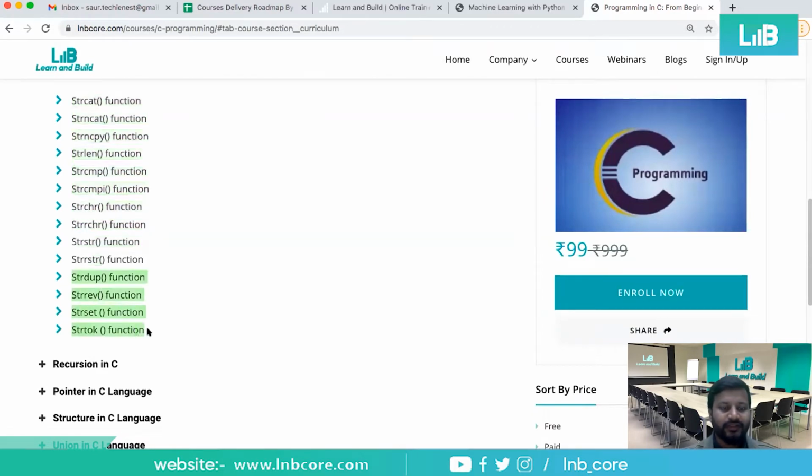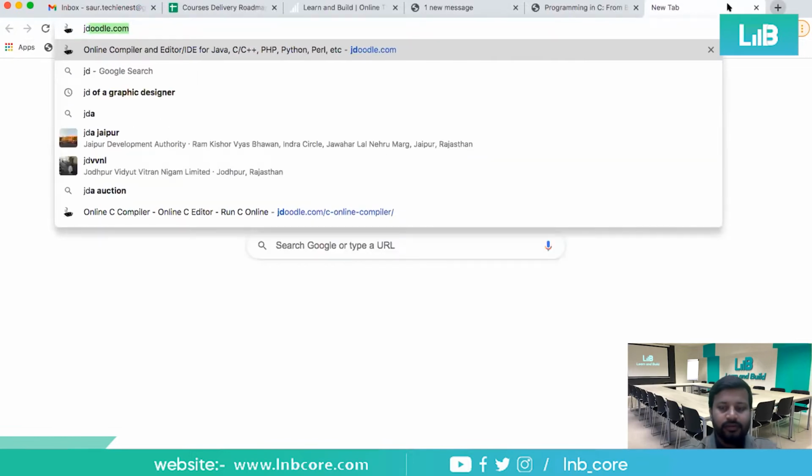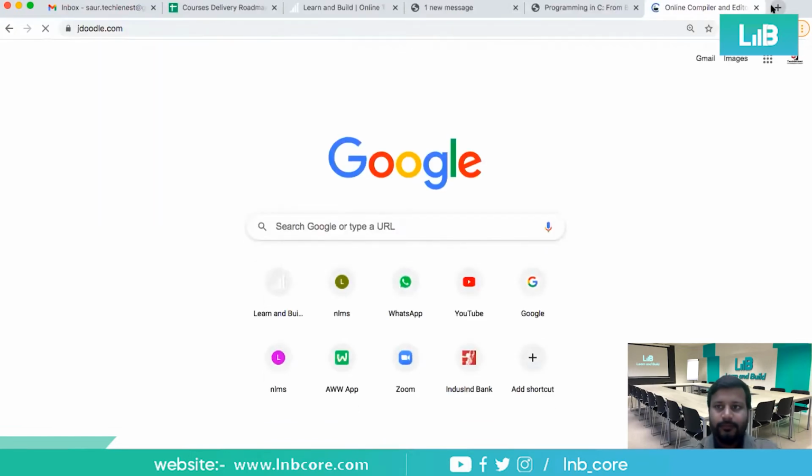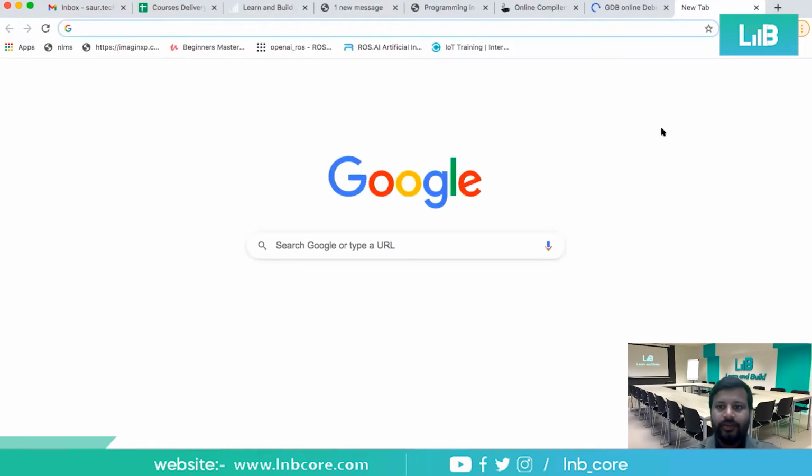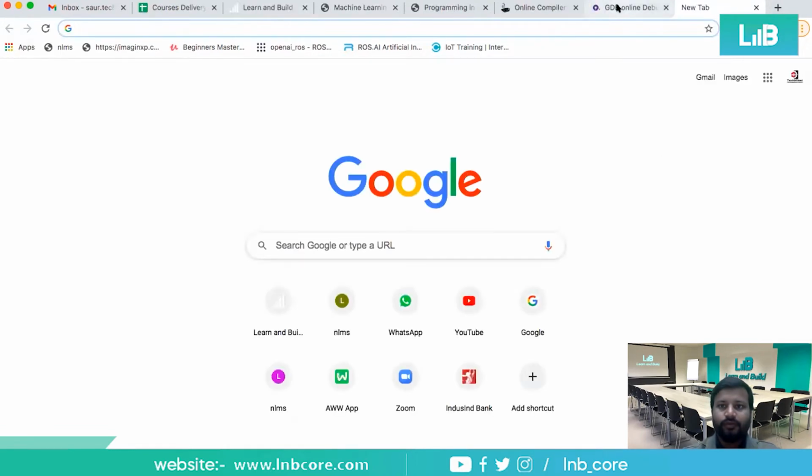I'm sure these commands will help you understand the good part. Let me start both JDoodle as well as online GDB. Any question, anyone? No?